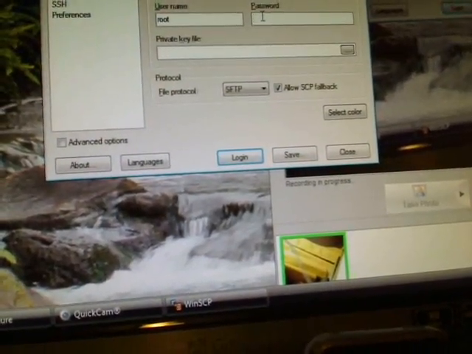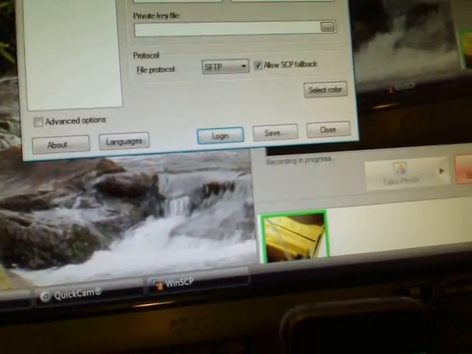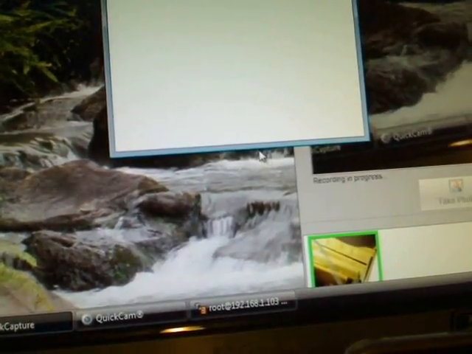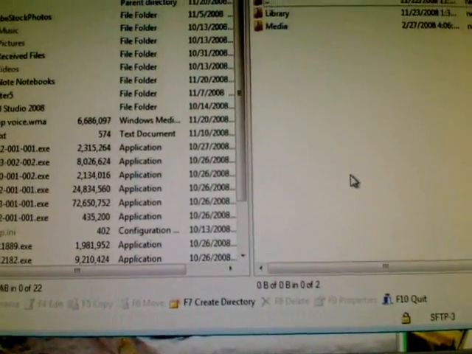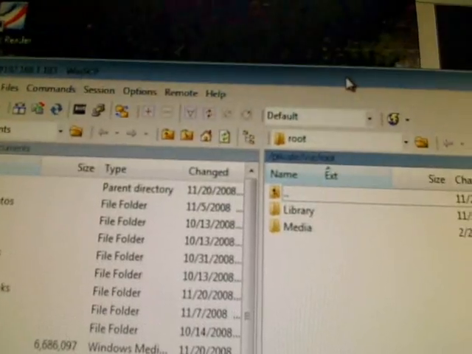Your username is root and the password is alpine. Okay, once we have SSH'd into the iPhone, we're going to need to click back on the arrow that you have. First of all,